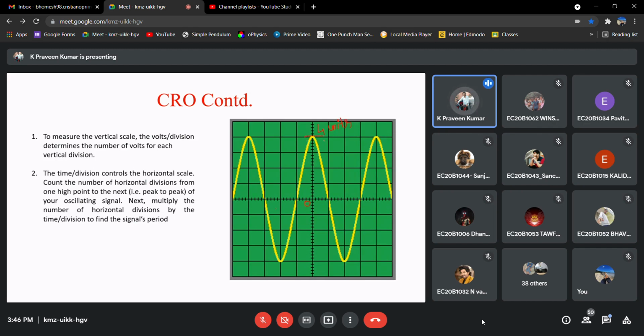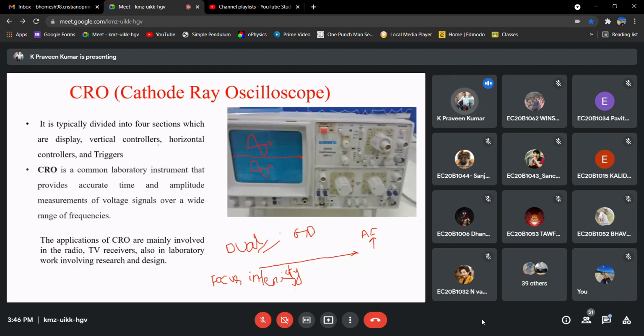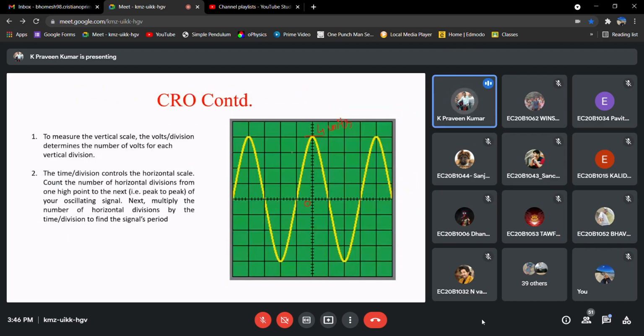Yeah, what you said is correct. This is 4 units. Then what is the value, whether it is 10 volt or 20 volt or 40 volt or 4 volt? How can I say? It depends on the scale. Yes. So what we have seen here is the volt per division scale, right? So I have to multiply the number of units covered by the volts per division, so that scale value gives the amplitude.